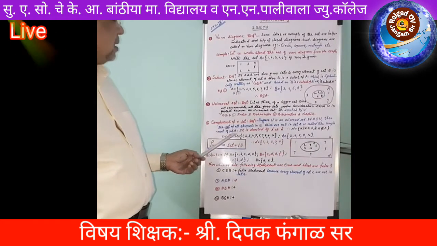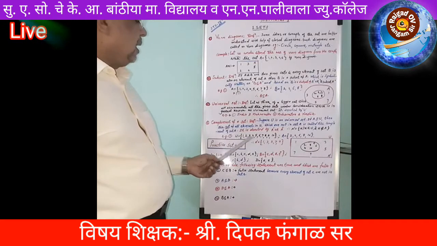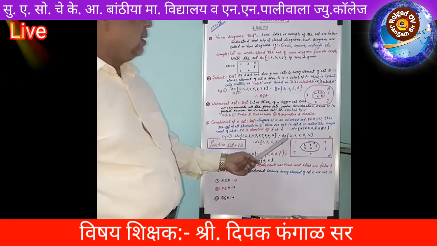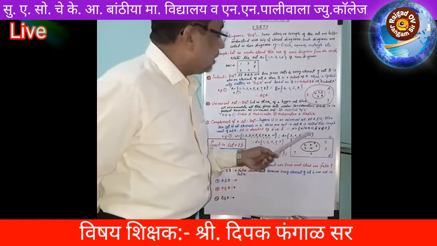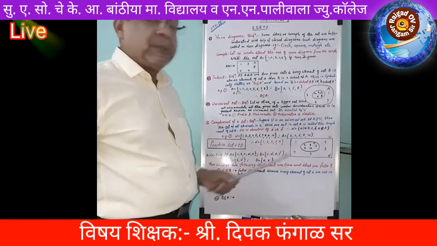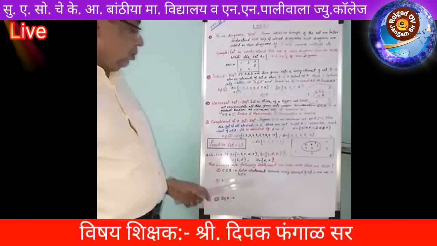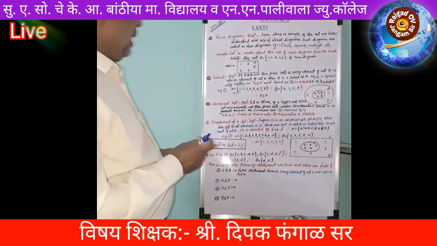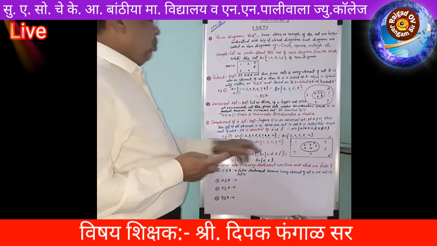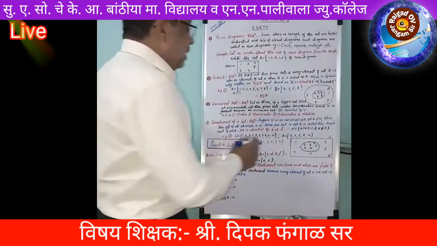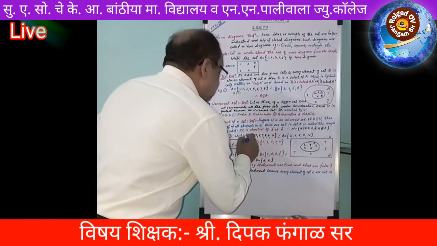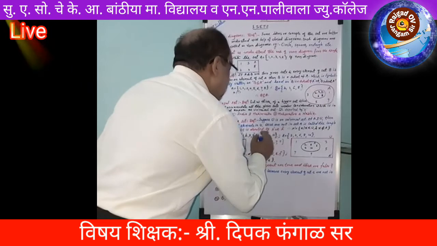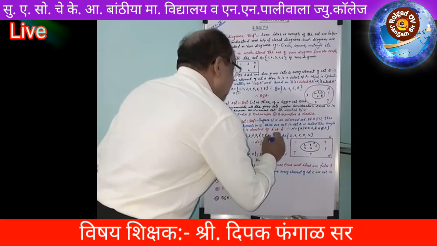U, the universal set, has the elements 1 to 10, that is 1, 2, 3, 4, 5, 6, 7, 8, 9, 10, and A equals 2, 4, 6, 8, 10. These are the elements of A. So now you write down the complement of set A. You choose their common elements. 2 is here, then 4 you cut like this, 6 you cut like this, 8 and 10.